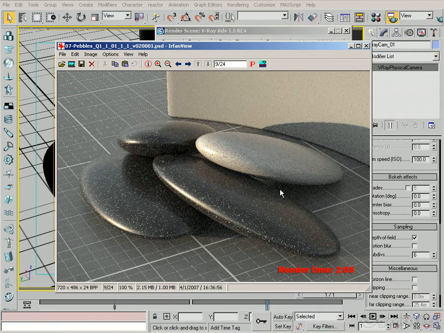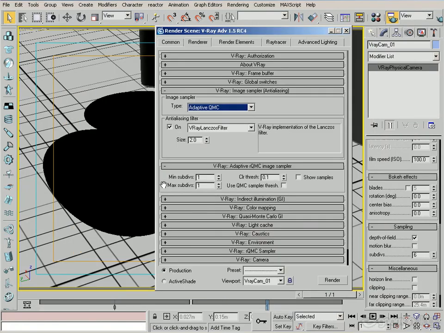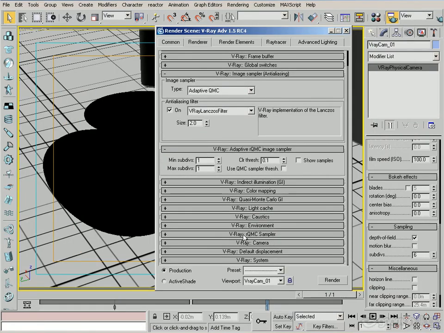I don't want to have to adjust the subdivision of every single factor of the image. I want to attack it all in one, because I can be much more adaptive by allowing everything to become what I call a noise problem. So adaptive QMC basically deals with everything as a noise problem if you do a few extra steps. So I'm going to go into my random QMC sampler,